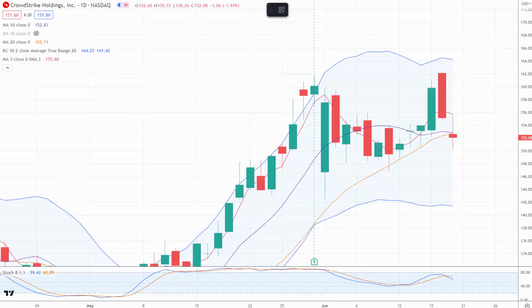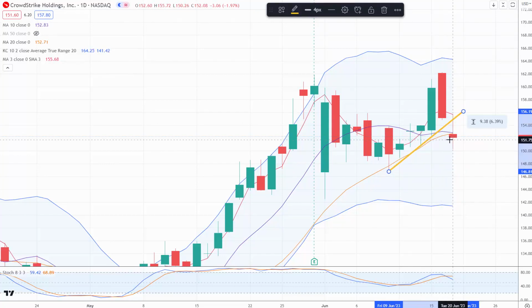We've got another fantastic trade setup for you today, this time on CrowdStrike Holdings, which took out its minor bullish trend yesterday when it closed below its minor bullish trend line. You can find that trend line by starting here at the June 9th low and drawing a line connecting as many lows as possible on the way up. As you can see, CrowdStrike definitely closed below that trend line yesterday, in addition to closing below the 10 and